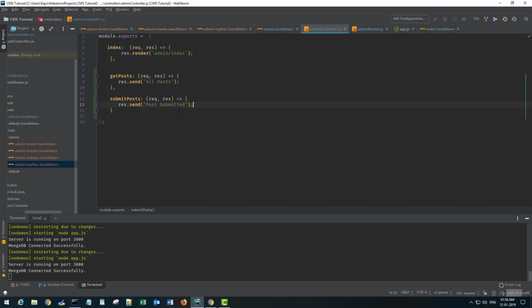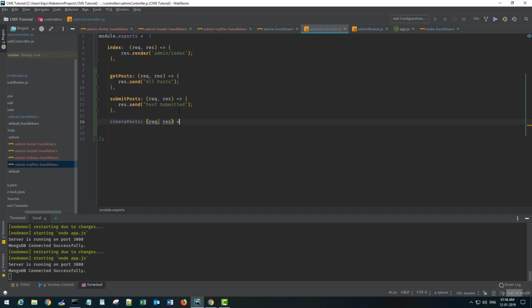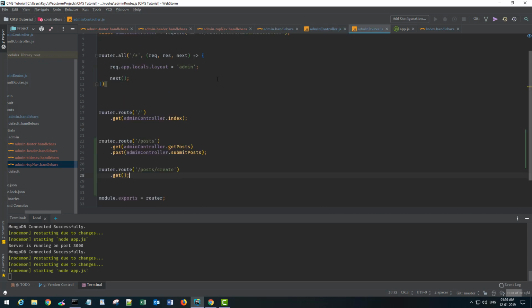I'll go to controller and put a comma here, say createPosts, send create post route. Okay, now here I'll simply use that method and go back to the application,